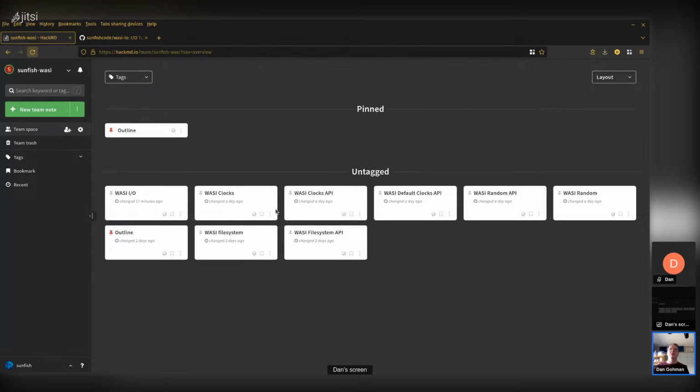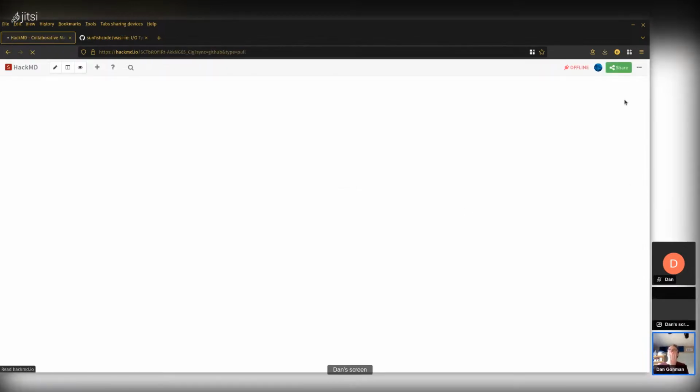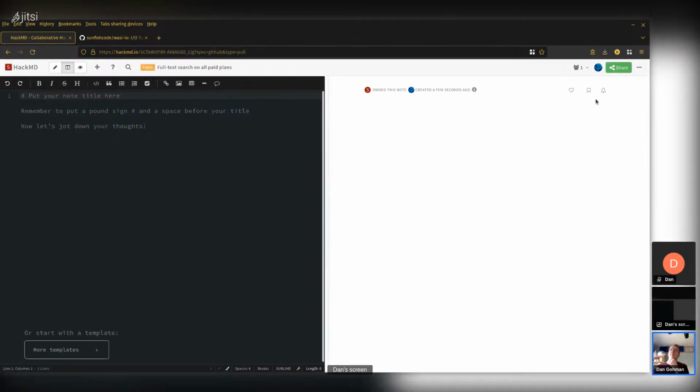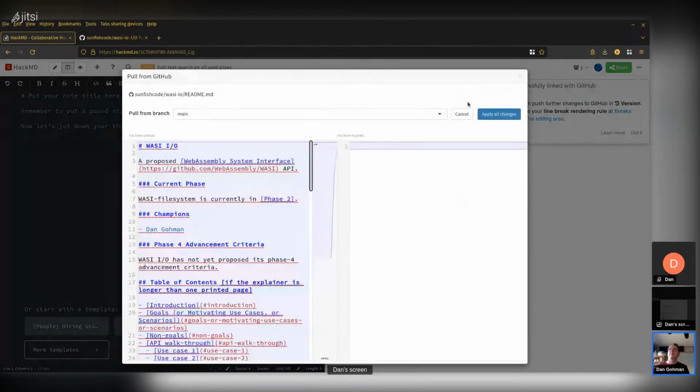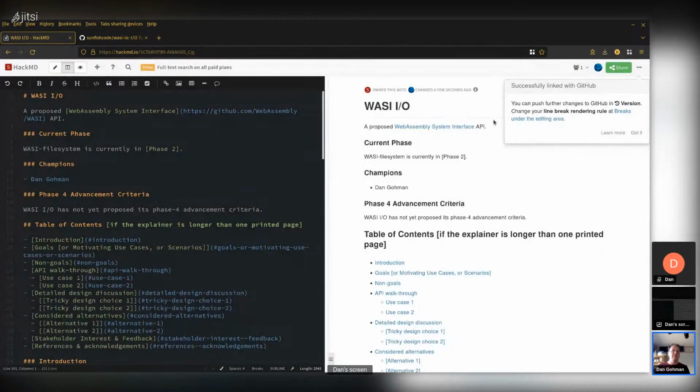And let's go to the next file. Pull a file from GitHub. So one more thing on WASI IO, main branch. We're going to take a look at the README file. All right.